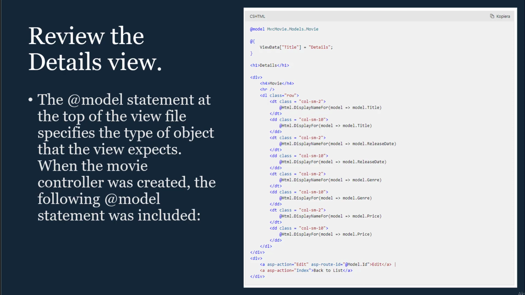And we can see here also in the view that we are still using the ViewData dictionary and setting the Title key with the value Details. And we are having a header that says Details here on the page. And then we have a div which has some more elements to it. And in our